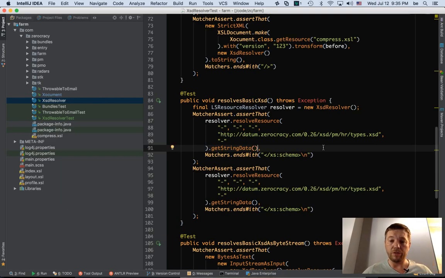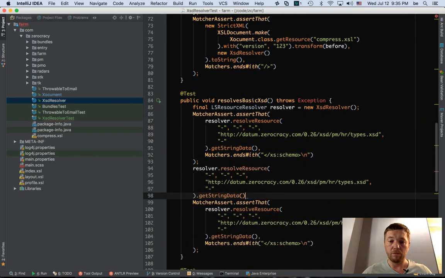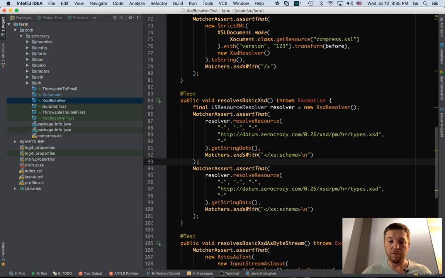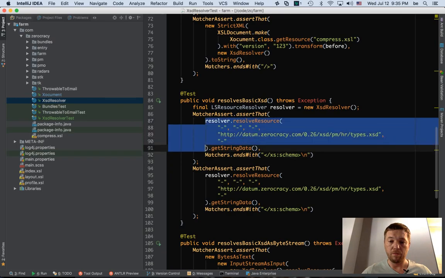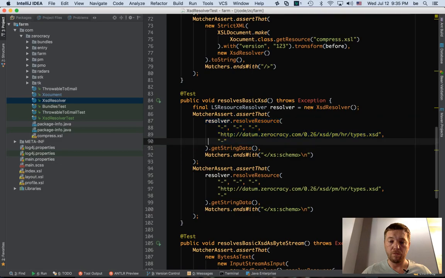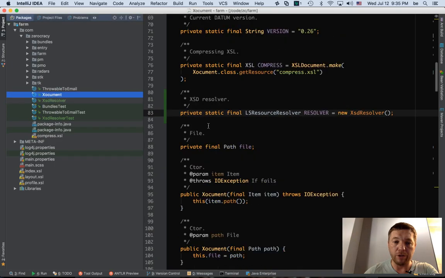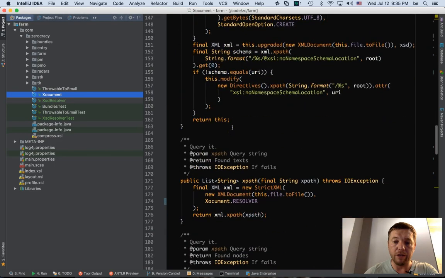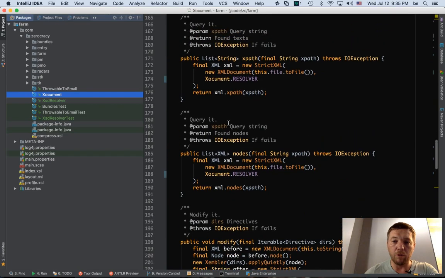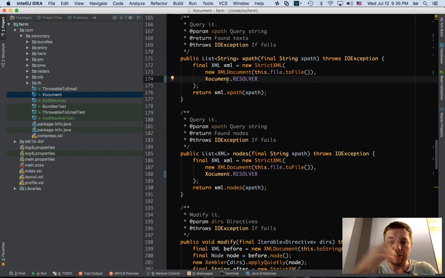Can I do get string data again? Because what is different between the actual situation and our test is that in real life they're making multiple calls to the resolver, because they need many XSD files, not just one.